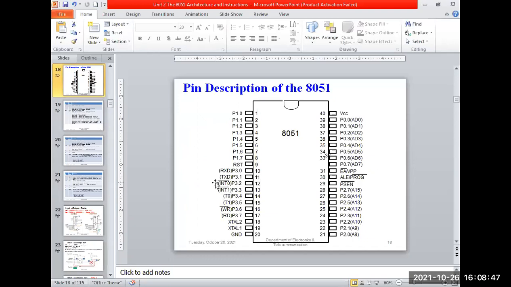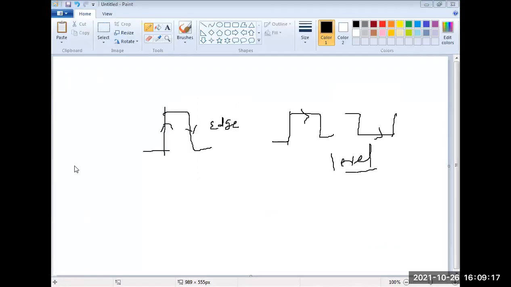So what does that mean? In the TCON register, when the value of IE0 is equal to 1, the INT0 interrupt pin is going to be enabled, and if IE0 is equal to 0, it will be disabled. If the IE1 bit in the TCON register is 1, that interrupt will be enabled. In the same way, we have the timer interrupts, TF0 and TF1.